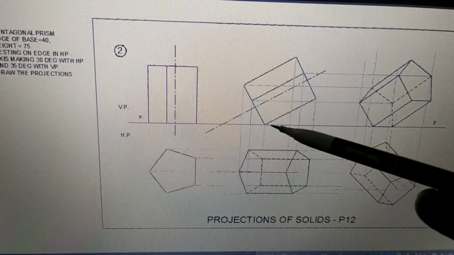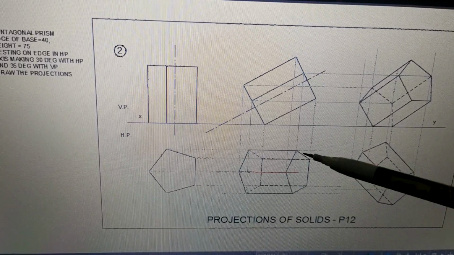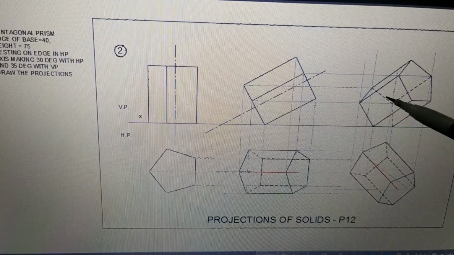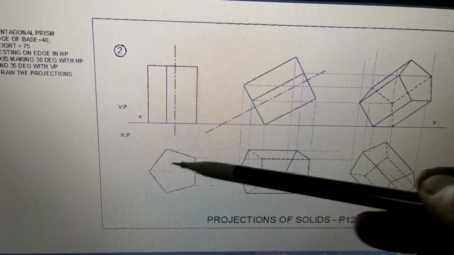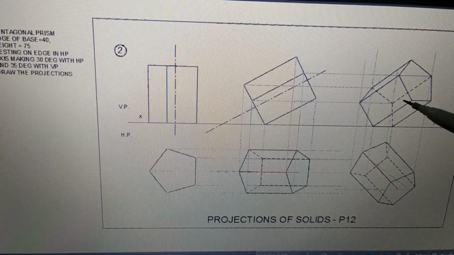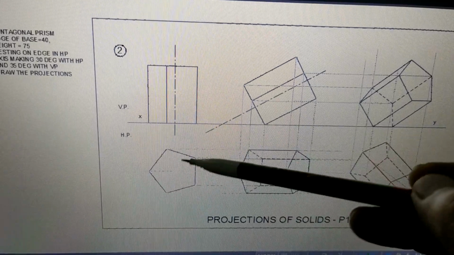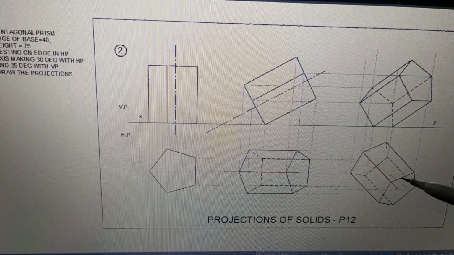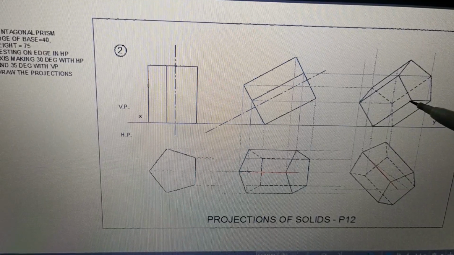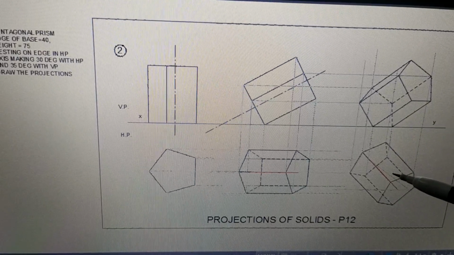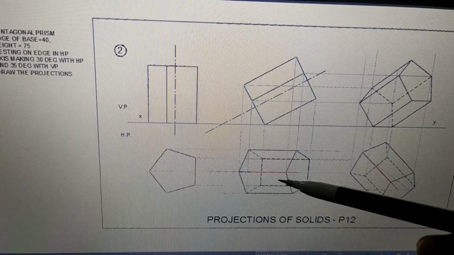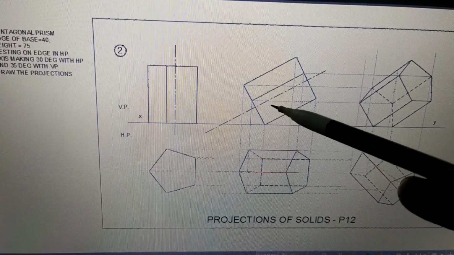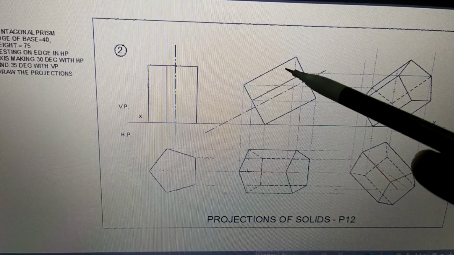See here, this is VP. When you are talking about this lower part, we have got this figure ready. So 1, 2, 3, 4 figures are already drawn. Now we have to draw these two figures. For drawing these two figures, which one will be drawn first? This will be drawn first. Why? Because the solid is inclined, so this inclination is not going to change. Its top view is here.